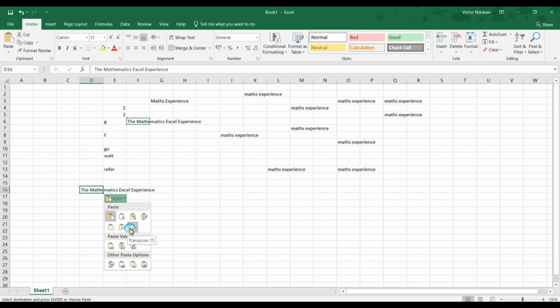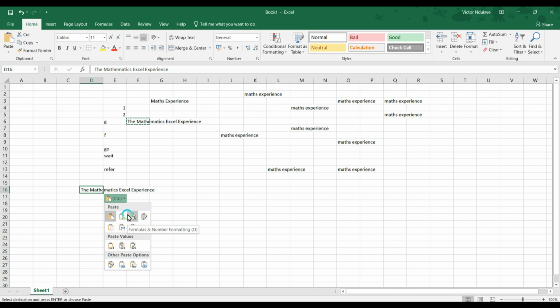Of course, you know transpose. Let me explain transpose. Transpose is a mathematical alteration of position. So when we transpose, it changes the position from horizontal to vertical, or from vertical to horizontal. You would see this when you do indices and matrices. We can transpose when we have multiple